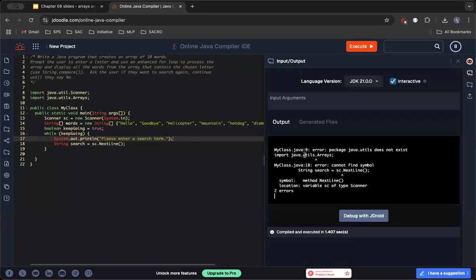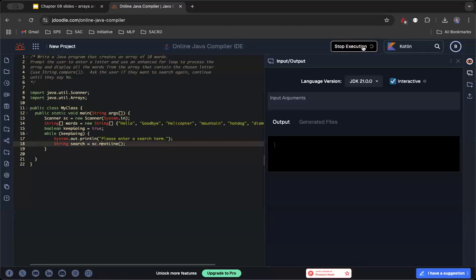So I've got a couple of errors here. One that says java.utils does not exist. So that's on line 9. That's because it's java.util. So I misspelled util. I added an S. And then we've got a second one here. Cannot find symbol nextLine. It's because I used an uppercase N. Should be a lowercase n. So using the compiler messages to help us,